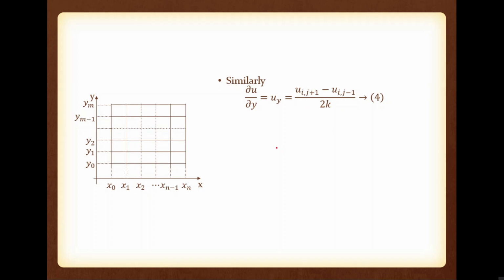Okay, very good. Similarly, we can write the second order differential term dou square u by dou y square, that is u_yy, equal to u(i, j plus 1) minus 2 u(i, j) plus u(i, j minus 1) divided by k square. Okay, so this is a second order differential term. So please note here we have the second order differential term with respect to y. So the next point with respect to y is j plus 1, current point is j, previous point is j minus 1. As x is not changing, i is constant here. Now as it is with respect to y, we have period k. So this is dou square u by dou y square.